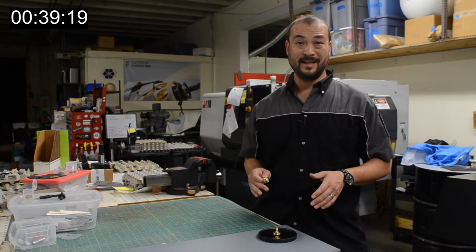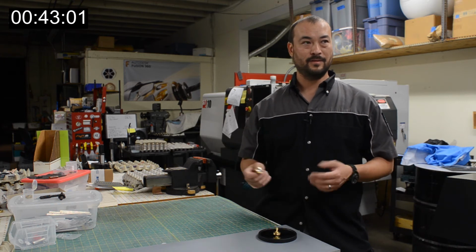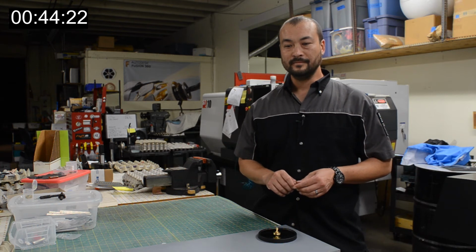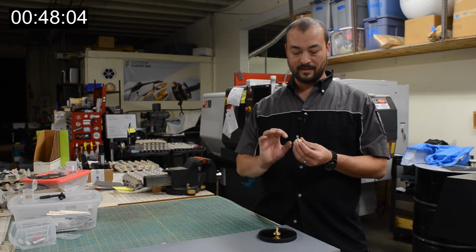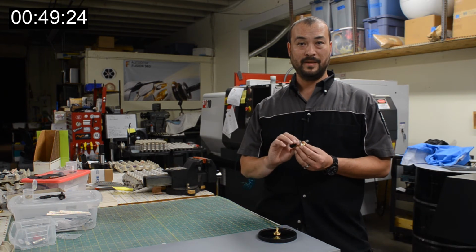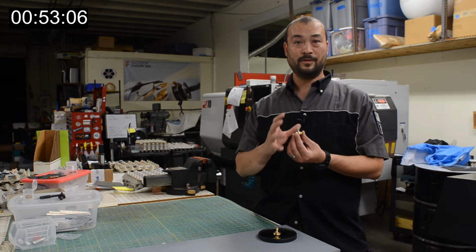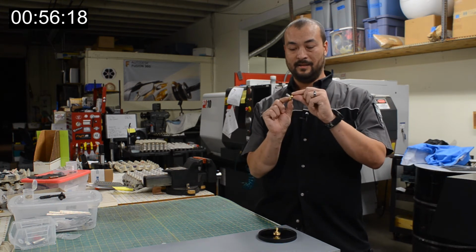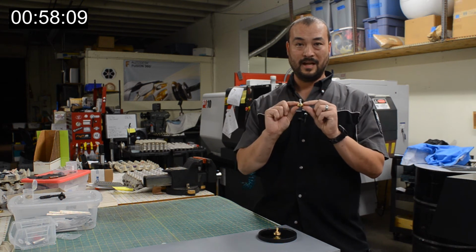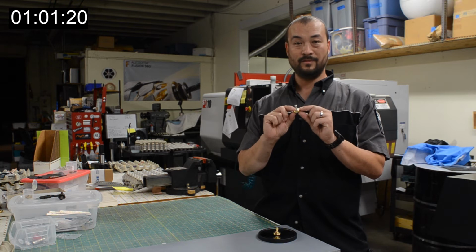So if your top is not stabilizing, or it just goes in circles forever, which I guess is sort of the same thing, you're not spinning it fast enough. Because in terms of the physics, you need a certain amount of RPM for this configuration of geometry and mass for the physics to take effect that will actually cause the top to stand upright and perfectly still. So if you don't reach that speed,